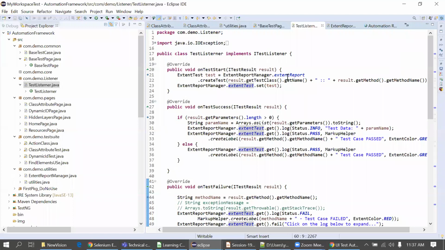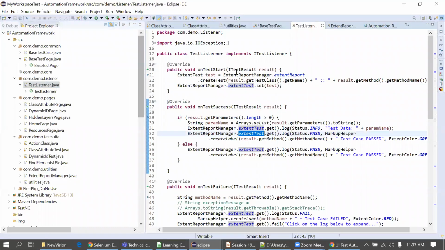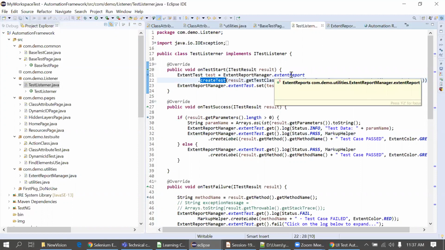Now I have created all this, the ExtentReports and ExtentTest, in this ExtentReportManager. That's why I'm just using ExtentReportManager dot extentReports. Just remember this part only. And then the createTest method is inside this ExtentReports class.